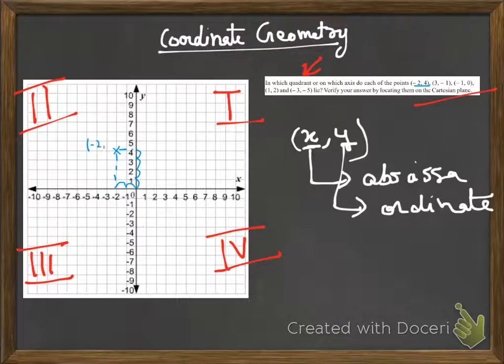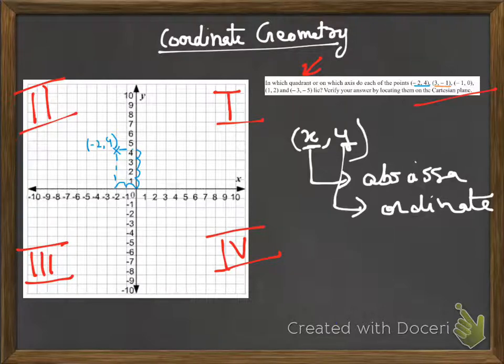(-2, 4). I'd like to mention at this point that as the convention goes, the x coordinate is always written first and the y coordinate is written second. So if you are given any point, say (-5, -7), then it is very clear that -5 is the x coordinate and -7 is the y coordinate. Never confuse on that point. So with that, let's move to the next point. The next point in this case is